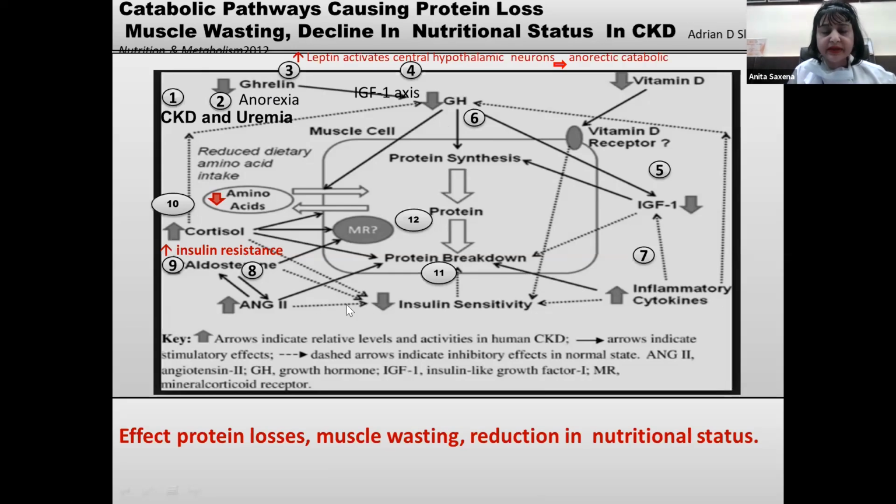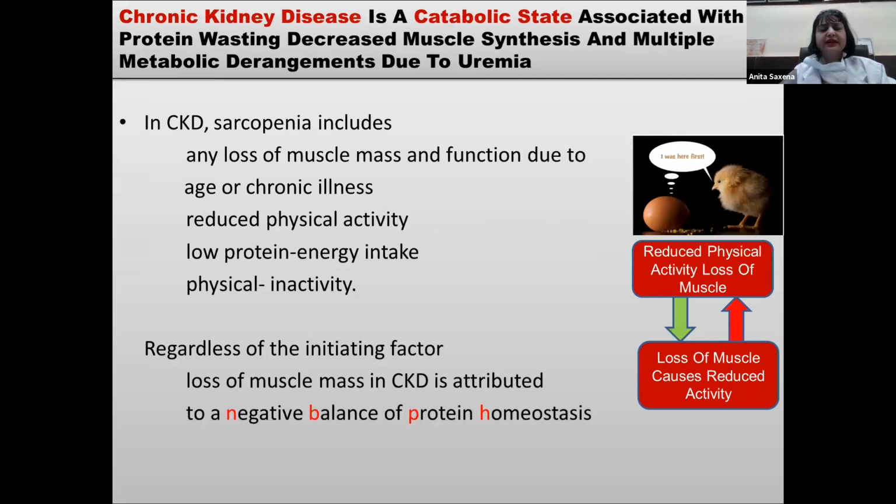So here what is happening is all these things cause reduced insulin sensitivity, increased insulin resistance, and hence the whole thing is affecting protein synthesis and eventually leading to more protein breakdown because of all these conditions. And eventually the net effect is protein loss, muscle wasting, and reduction in the nutritional status. Now, chronic kidney disease is a catabolic state associated with protein energy wasting, decreased muscle synthesis, and multiple metabolic derangements